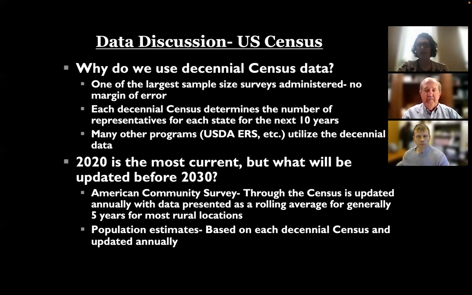One thing to note, in 2010, the census made the switch from using the long survey on the decennial census to using the short survey. So the long survey that includes education and income data is now administered through the American Community Survey. Also, in between years, we're able to get population estimates. And so there's some data gathering, but also a little bit of forecasting that goes into looking at county level, place level, as well as state level population estimates.